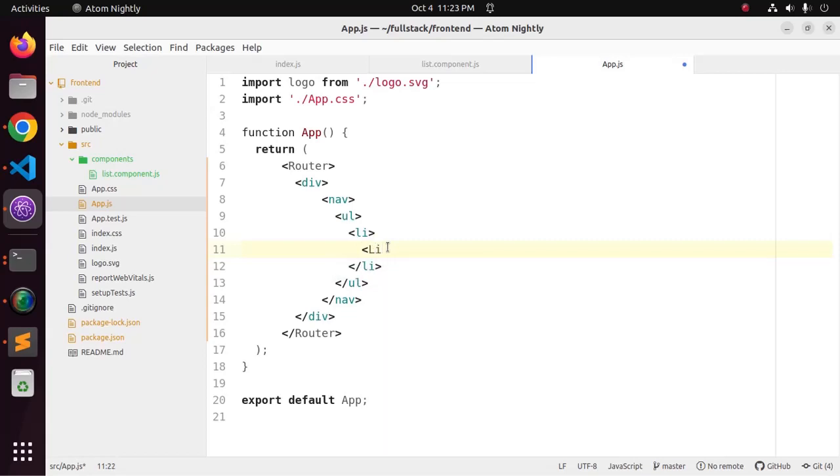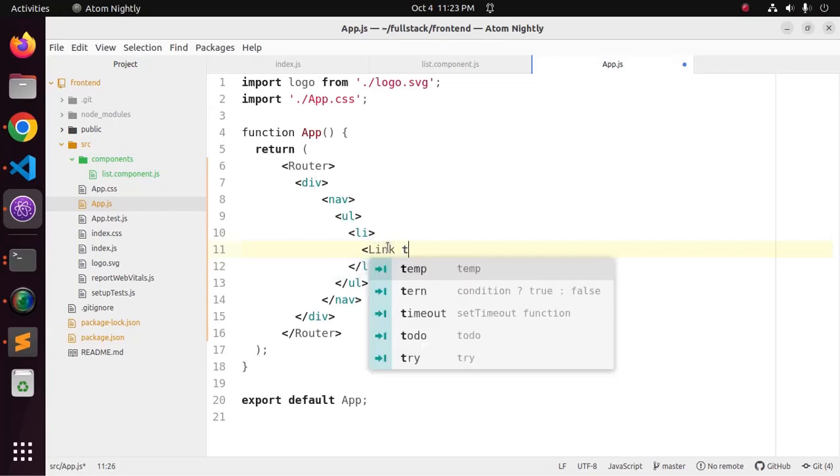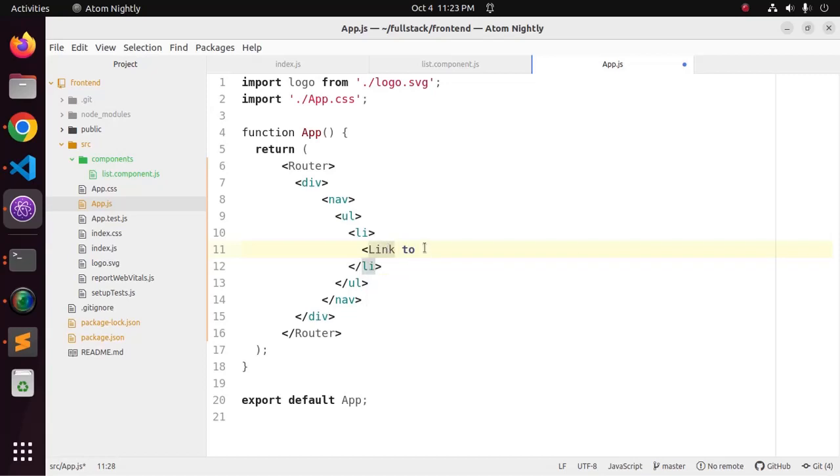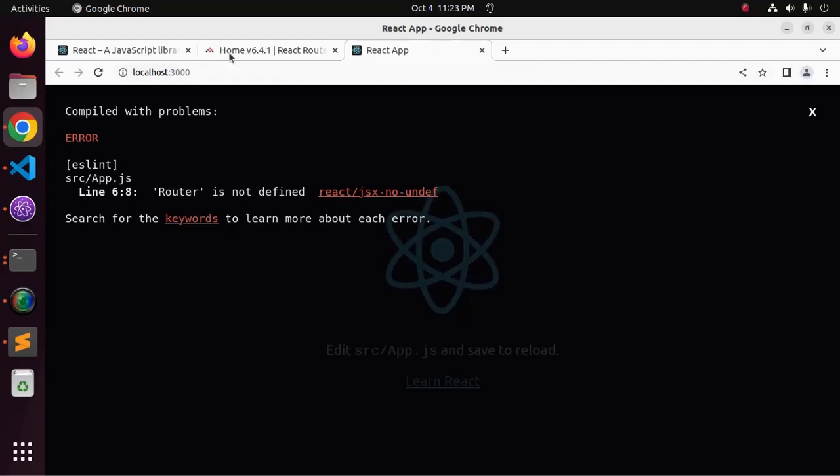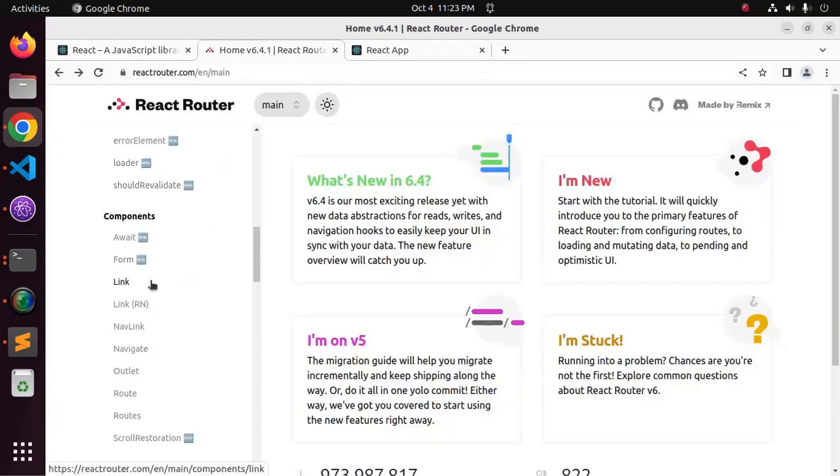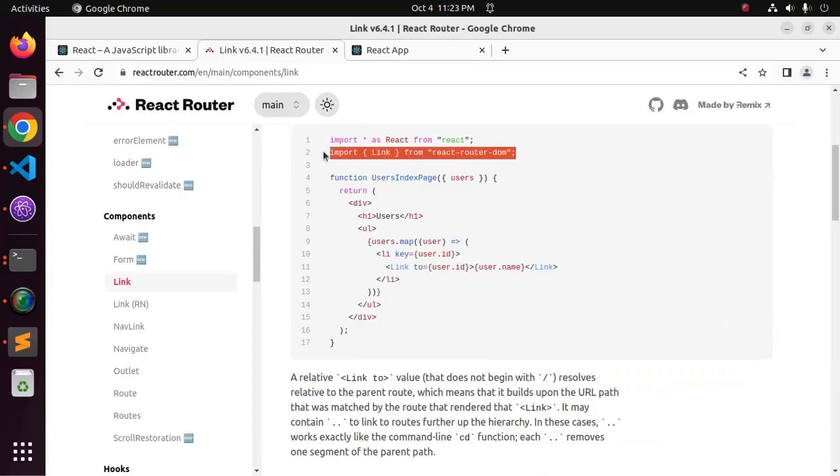So define link tag here. You can follow the official documentation of React Router DOM from its official website. To use the link,